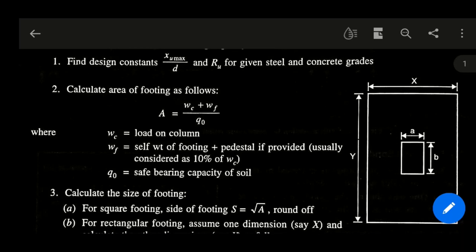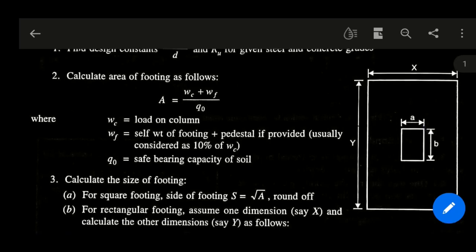In the question, the safe bearing capacity is given, and in the practical field, the safe bearing capacity for every zone or every city or every area is predefined. So you will get it before design, and the load on column you also get from column design. So before going to step number 3,